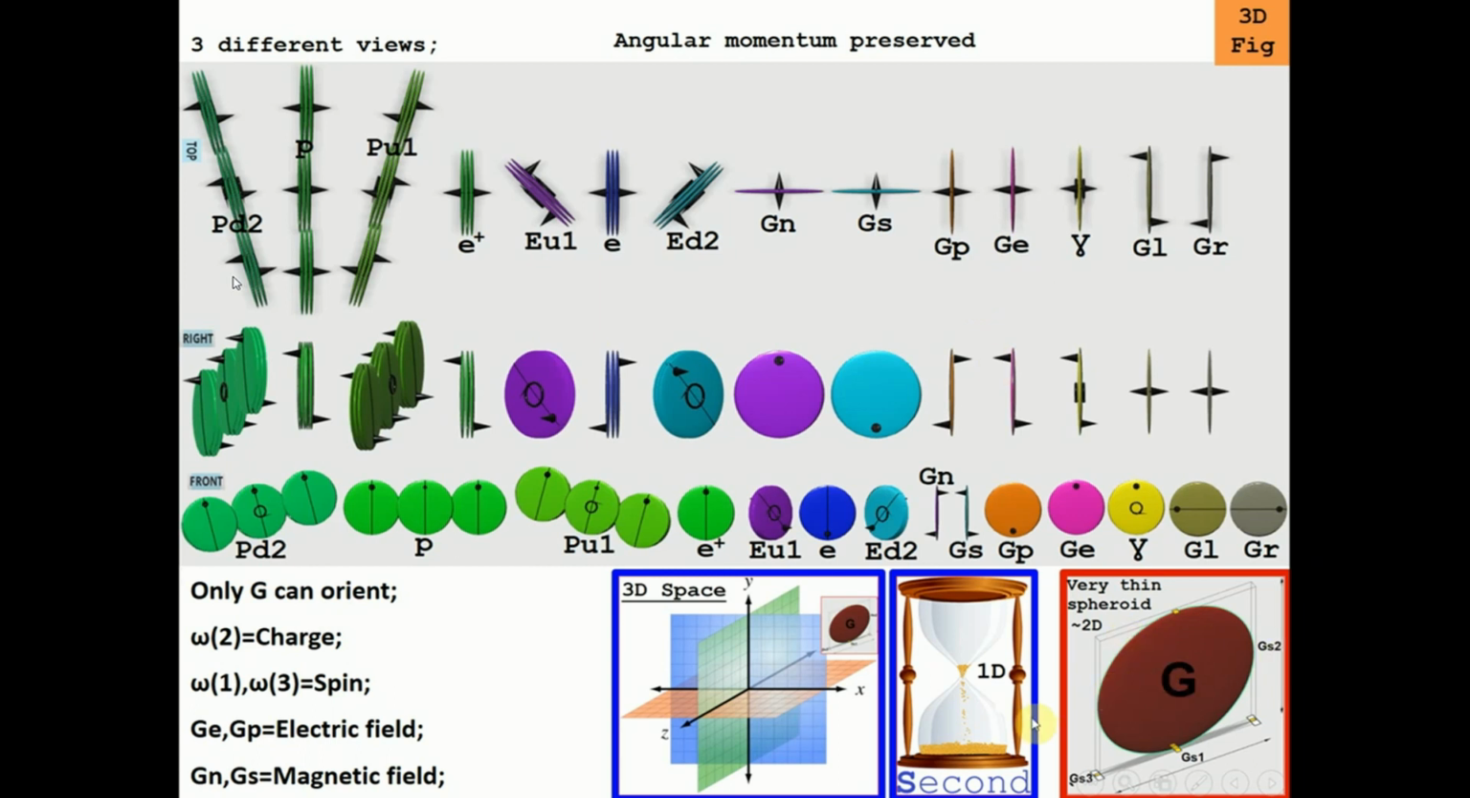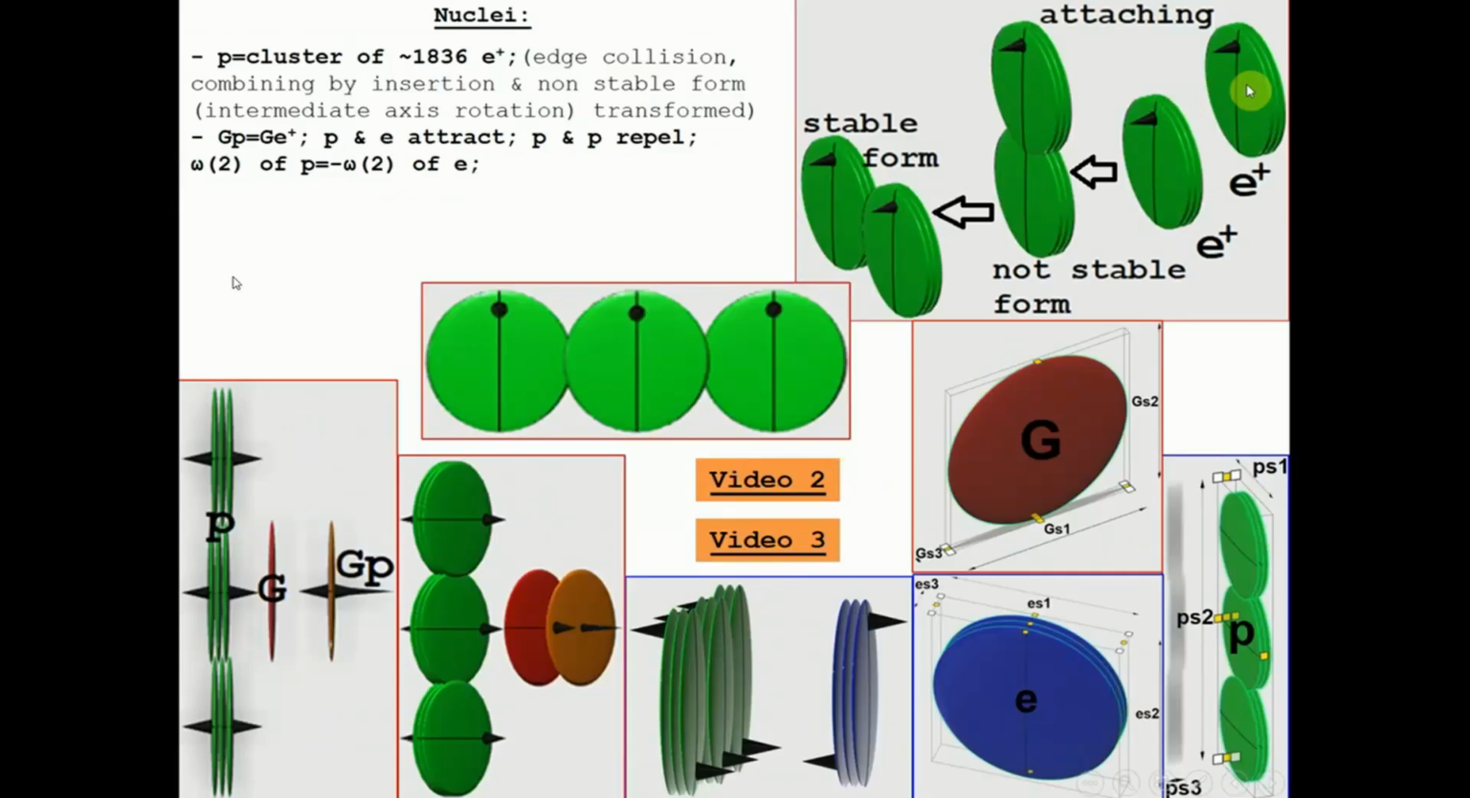We will continue to explore the universe with this theory, but you can already see that this theory rests on only three postulates: space, time, and the spheroid. The spheroid is almost two-dimensional, time is one-dimensional, and space is three-dimensional. In the early universe, many positrons collided with each other, and if the collision was at the edge of the particle, they inserted a little bit into each other and combined into an unstable form,